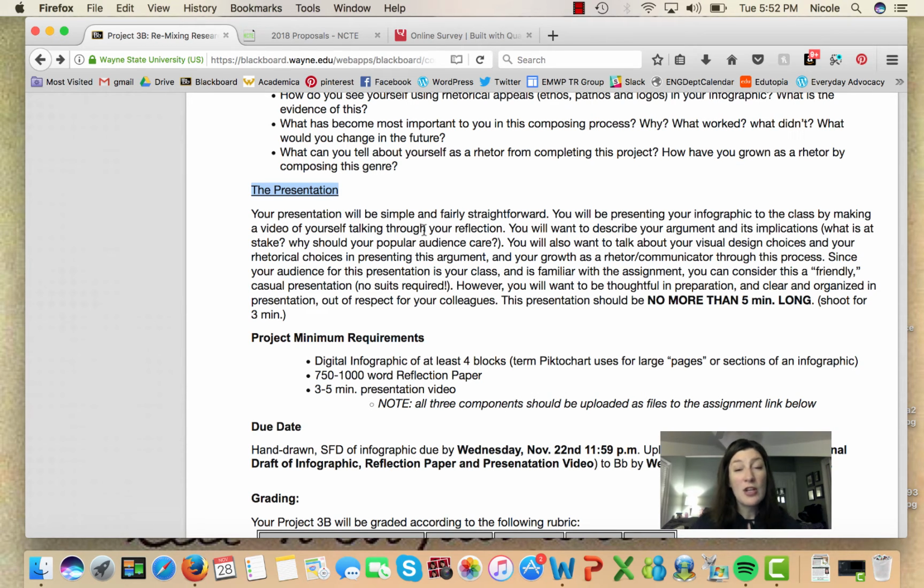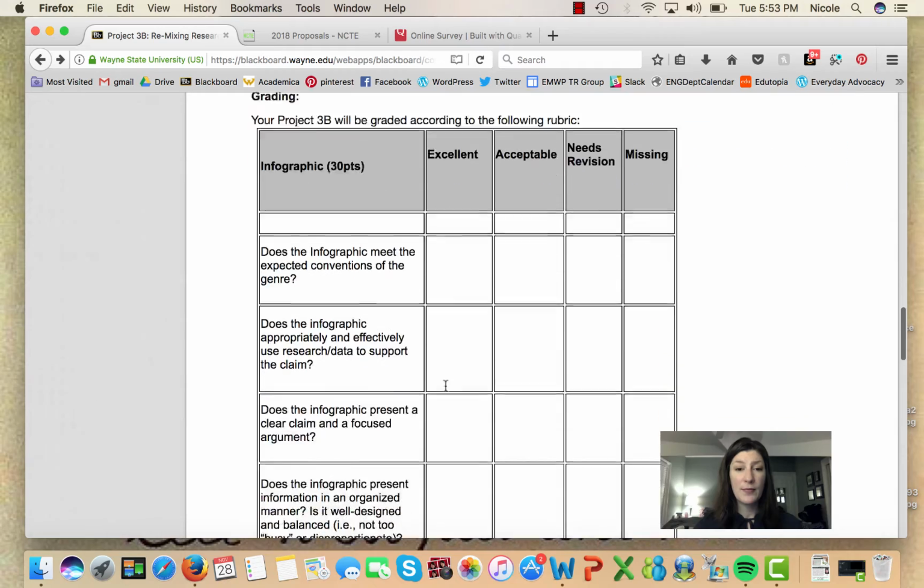You can upload a YouTube video. This is pretty flexible. It doesn't matter. You can upload a QuickTime format video as well. I'll be able to access those pretty easily. All 3 components need to be uploaded